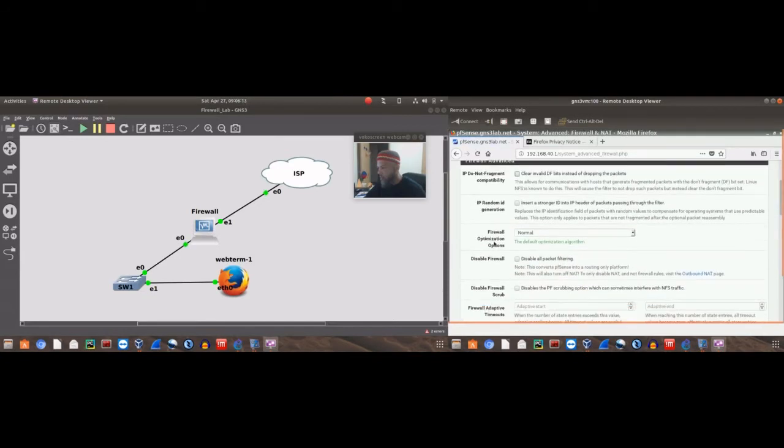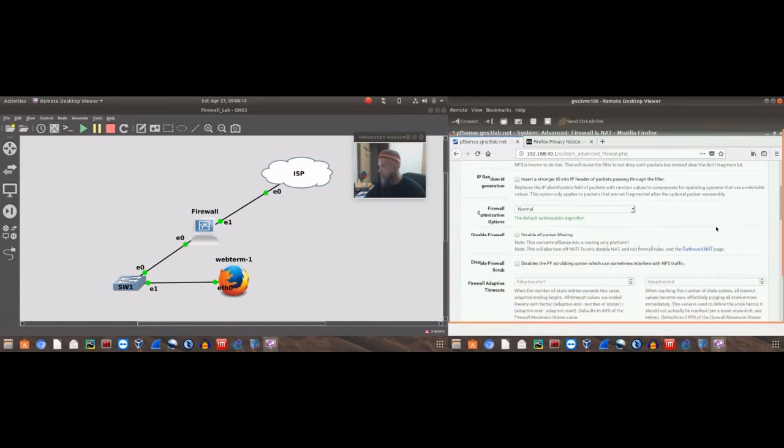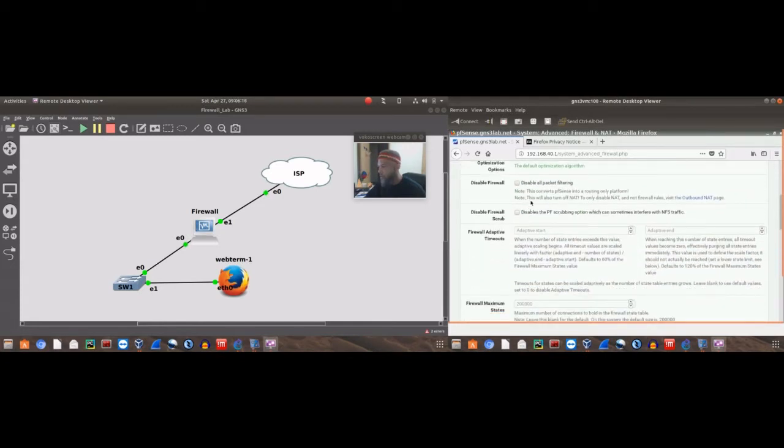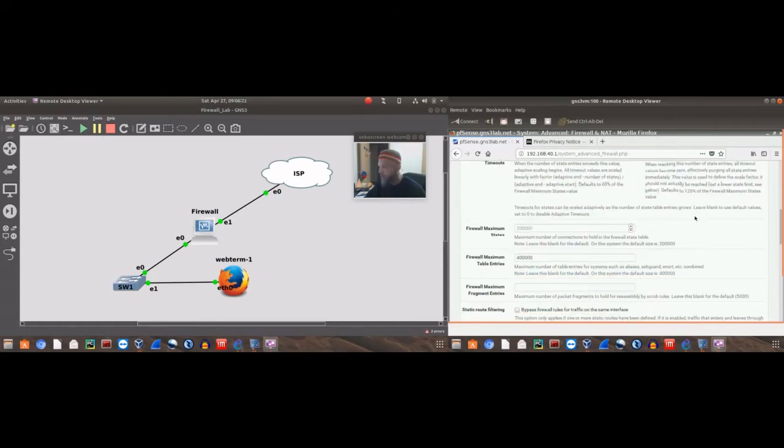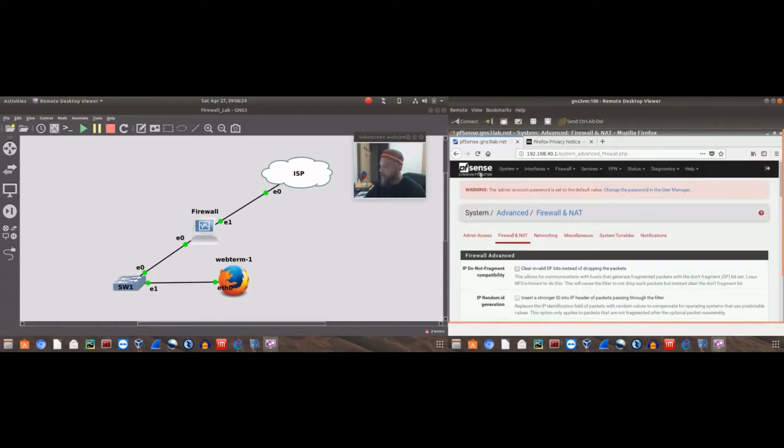So firewall optimization options. You can disable the firewall, disable all packet filtering. You can disable the firewall if you want to. So this is pfSense. This is the community edition of pfSense, and I'm about to apologize to you guys again. It took me a little time. I had my interfaces mixed up getting this actually set up and going. We got it going,